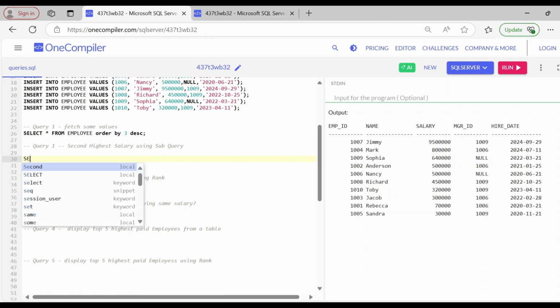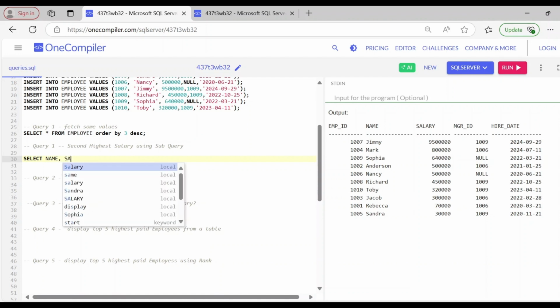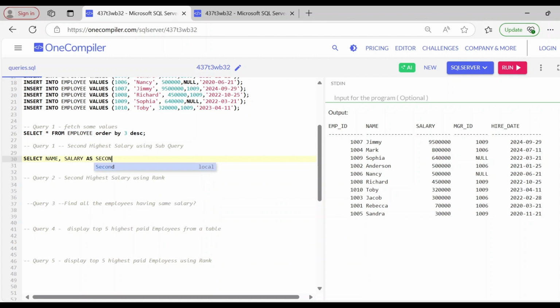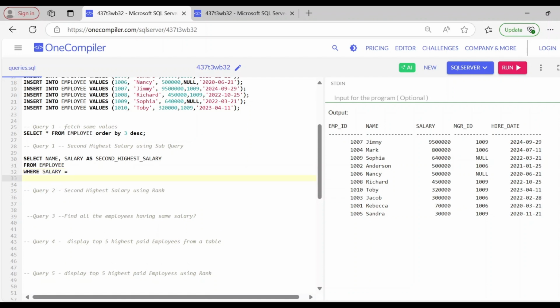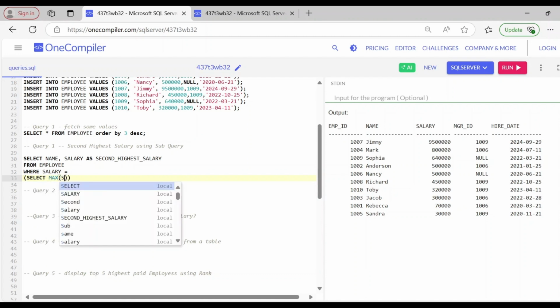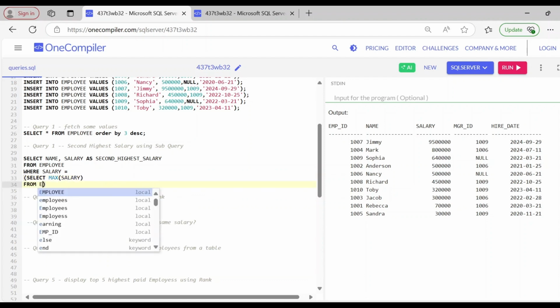So the query will be: select name, salary, and I'll call it second highest salary, from employee, where salary equals, then I have to write the subquery here. Select max of salary from employee